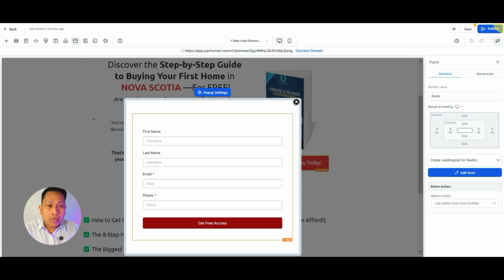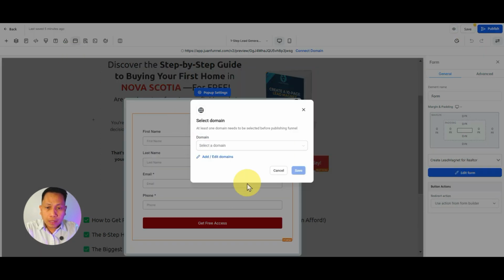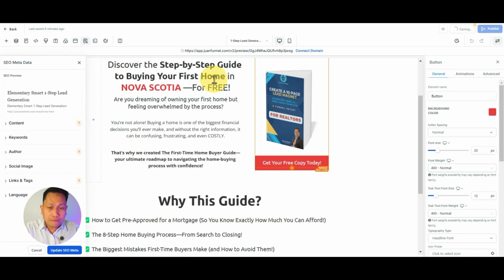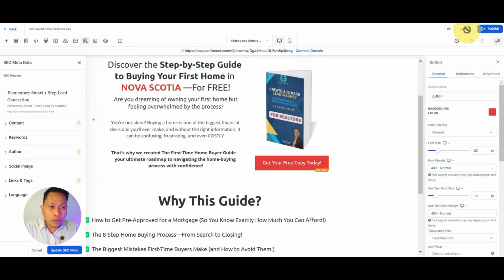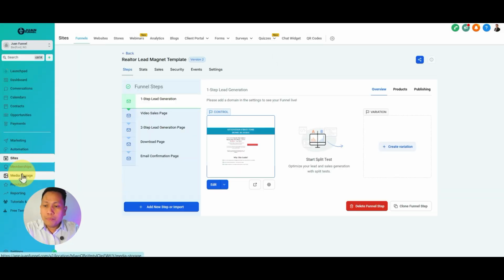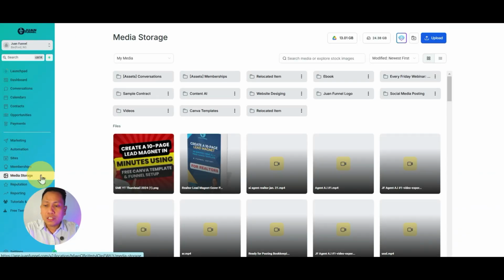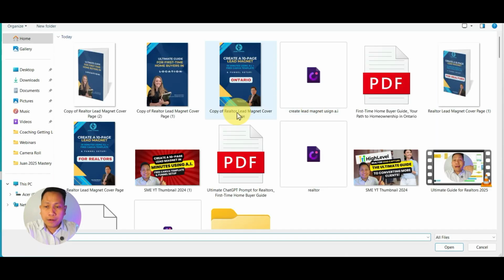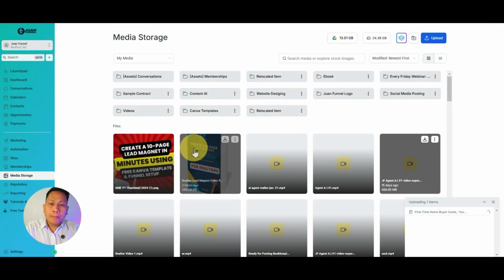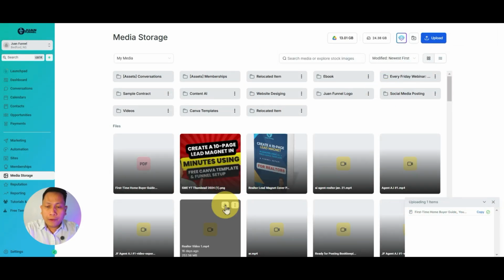So how to do this? I'm going to publish this first. Okay, sorry, I'll save for now. And then let's create the PDF. So what I'm going to do is save this, then go back, then go to the media storage and click upload here. This is the guide that we created on the first slide of the video.